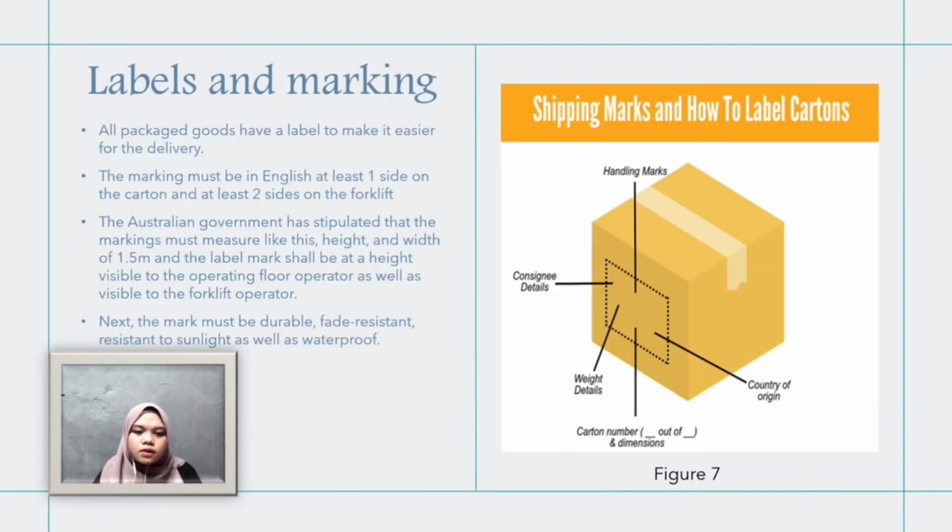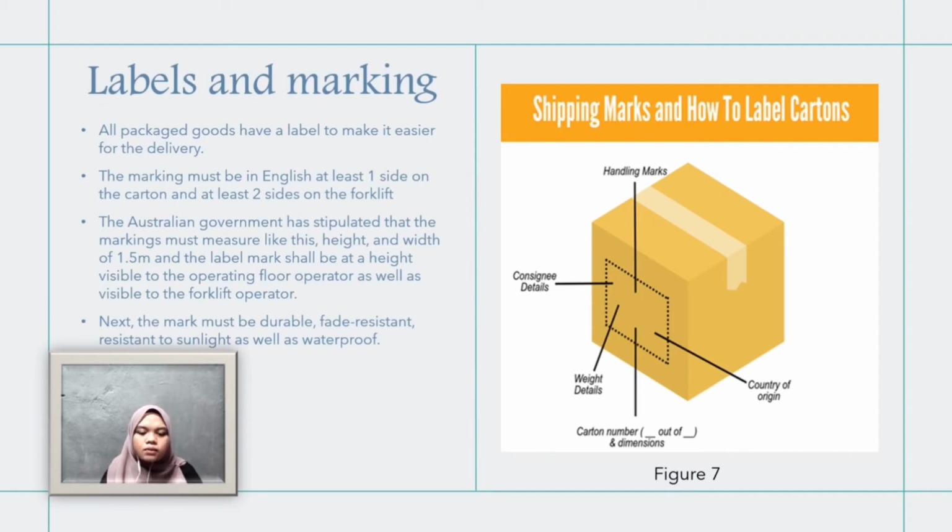Next, I will explain about the label and markings. All packaged goods have a label to make delivery easier. The marking must be in English on at least one side of the cartons, and at least two sides on the forklift pallets. The Australian government has stipulated that the marking must measure like this: height and width of 1.5 meters,